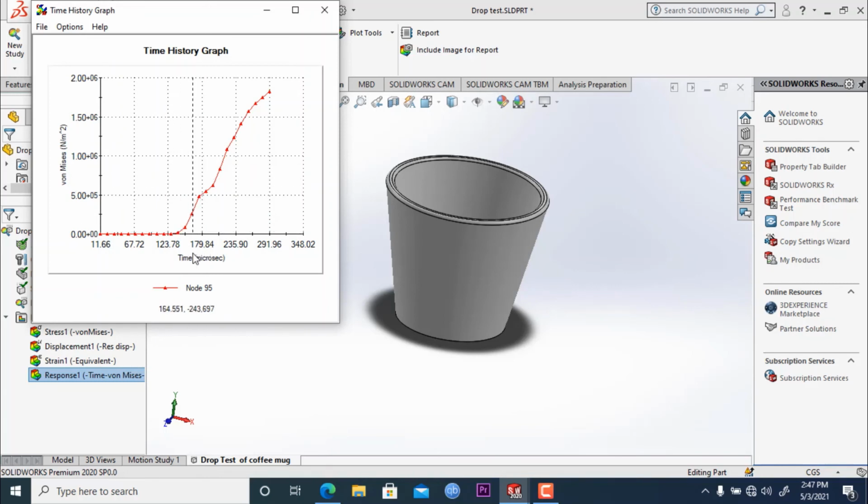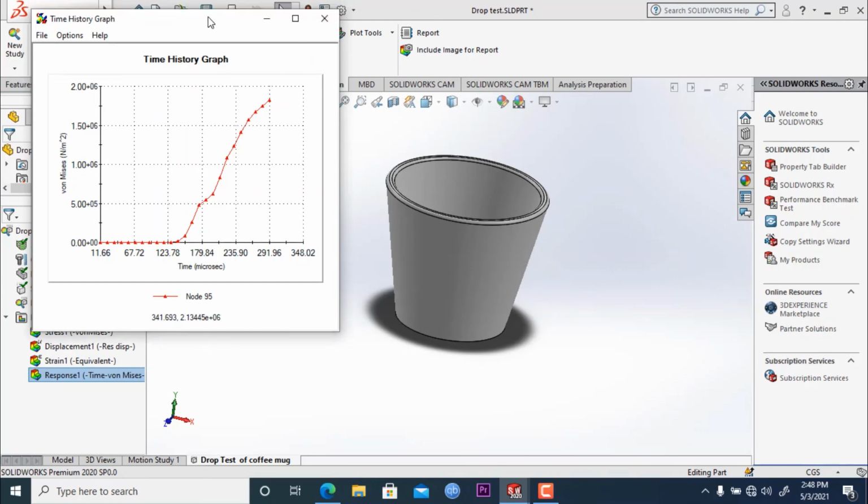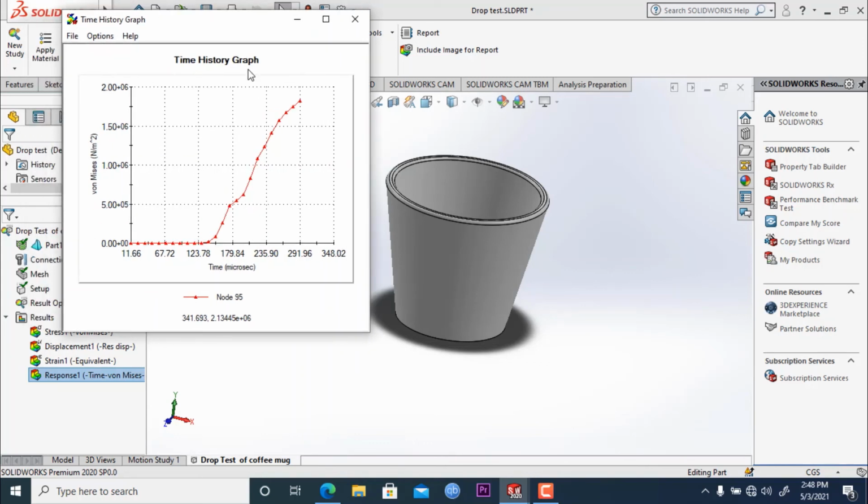Here you can see on node 95 it is showing the stress in the different time steps right here. So this is how you can run it. You can see how the impact changes with time, and how the stress changes with time.